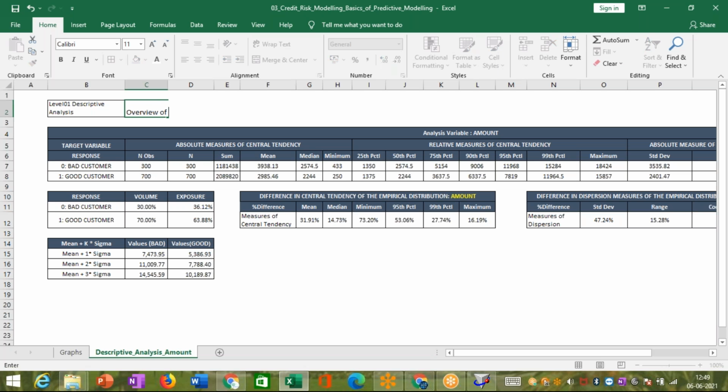Overview of the empirical distribution of a variable, a continuous variable. Right, and the variable is